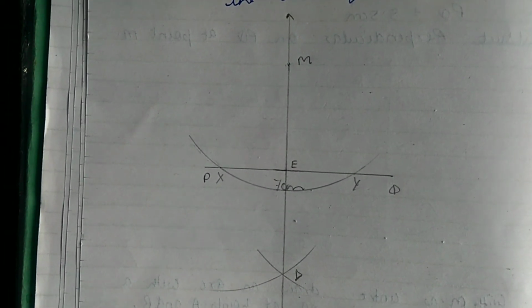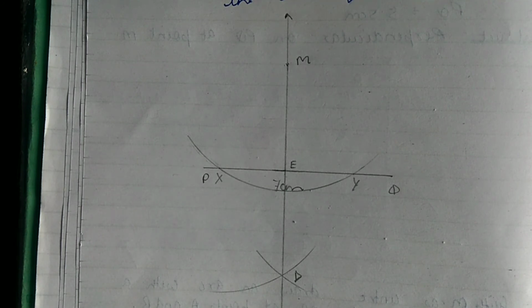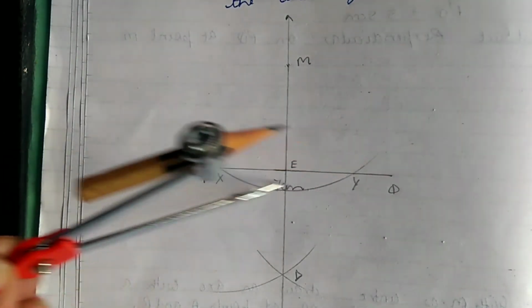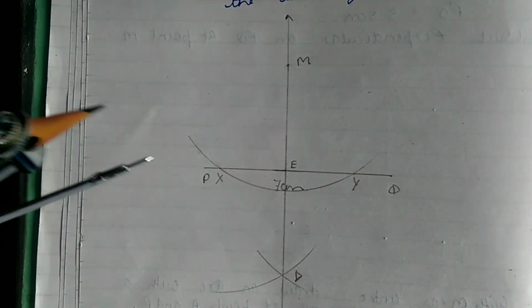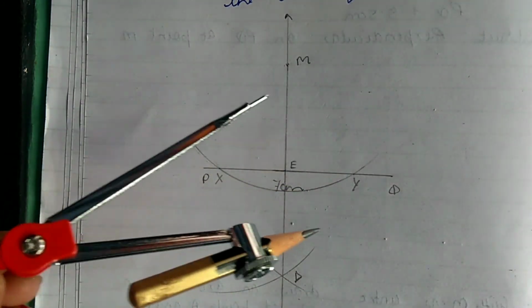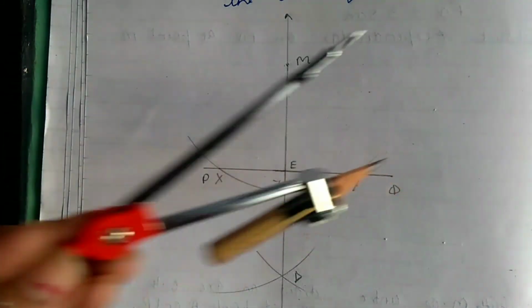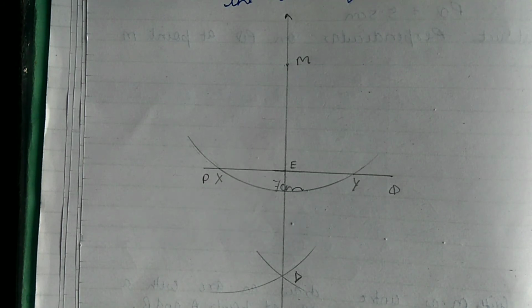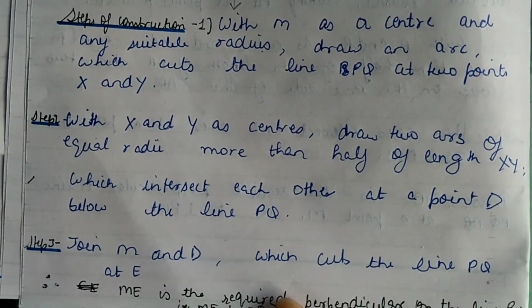सबसे पहले आपको एक लाइन सेगमेंट PQ ड्रॉ करना है, फिर PQ के बाहर एक पॉइंट M लेना है, फिर उस M पॉइंट से हम एक आर्क कट करेंगे लाइन सेगमेंट PQ पर जो X और Y पे इंटरसेक्ट करेगा. फिर X से हम कंपास की टिप रखेंगे, एक आर्क कट करेंगे, Y पर कंपास की टिप रखेंगे, एक आर्क कट करेंगे, फिर इस लाइन को हम ज्वाइन कर देंगे. This MD is perpendicular to PQ. It means ME is a required perpendicular on the line PQ, such that ME is perpendicular to PQ. These are the steps of construction.